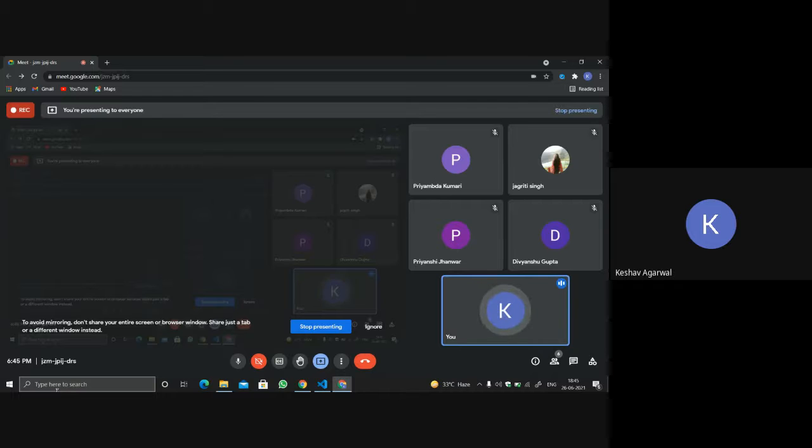How can you design a calculator using Tkinter? Anybody? Since all of you have been in the classes till now, you must know how to make a calculator by now, right? So what could be the procedure?